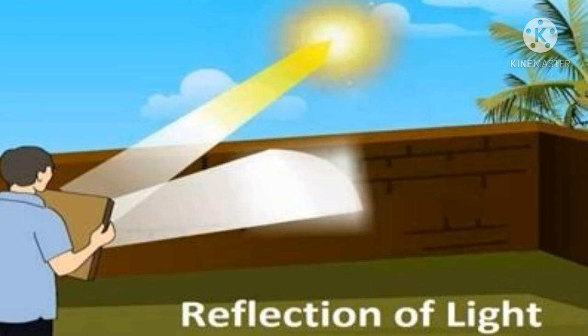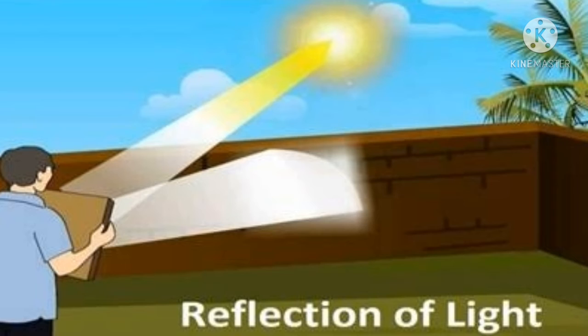Light travels in a straight line until an opaque object blocks its path. As light cannot pass through an opaque object, it forms a shadow. Some opaque objects are able to change the path of light. Light bounces back after hitting the surface of such objects. This change in the direction of light is called reflection of light. Light is reflected by opaque objects that have reflecting surfaces.